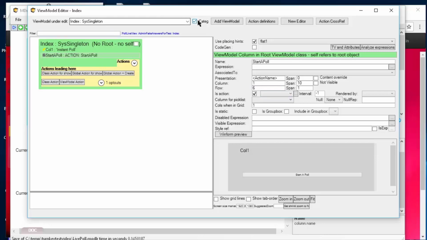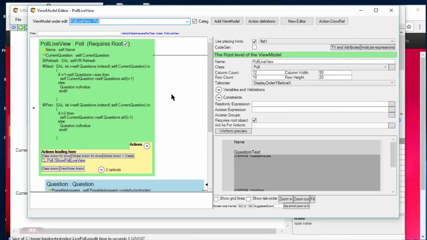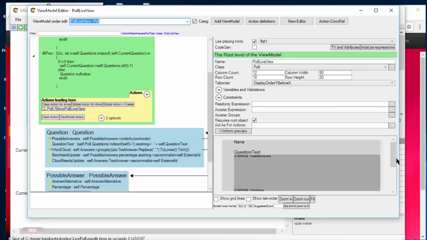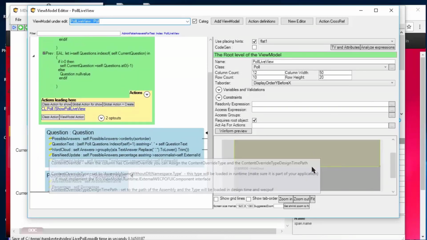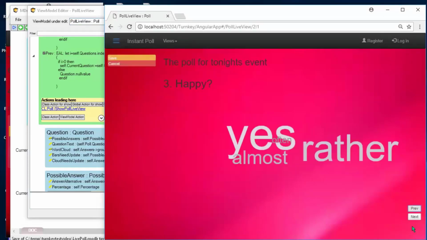And I also have the live view that has a couple of view overrides. So this thing and also the other thing, this word cloud, are view overrides.